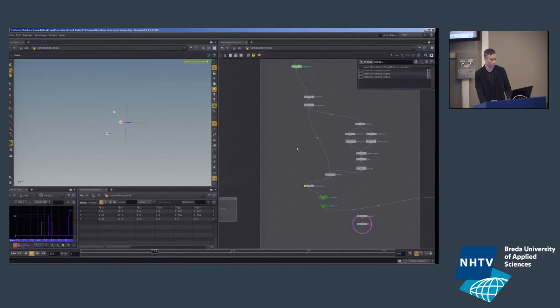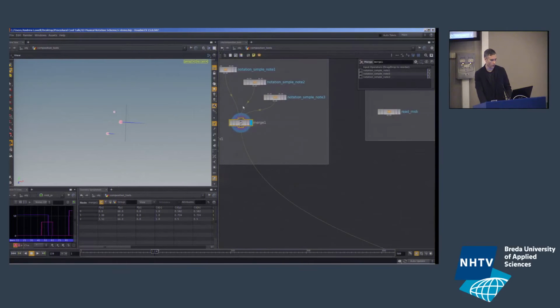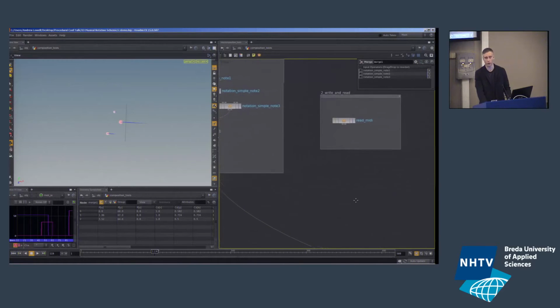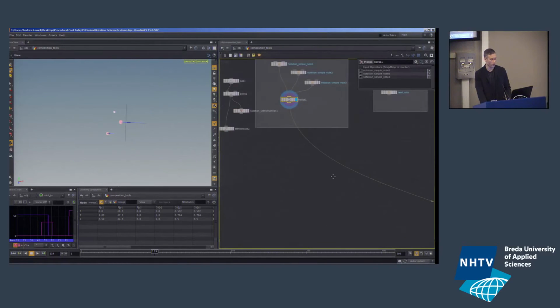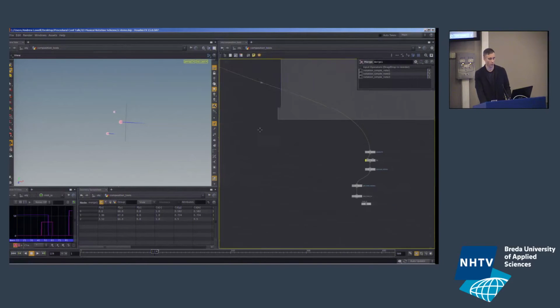Okay, so that's just 3 of those systems merged together there. So 3 simple notes. That's my simple note tool. Okay, that's a good place to start. And then the next place that we could start is by writing it out as a file to a sound